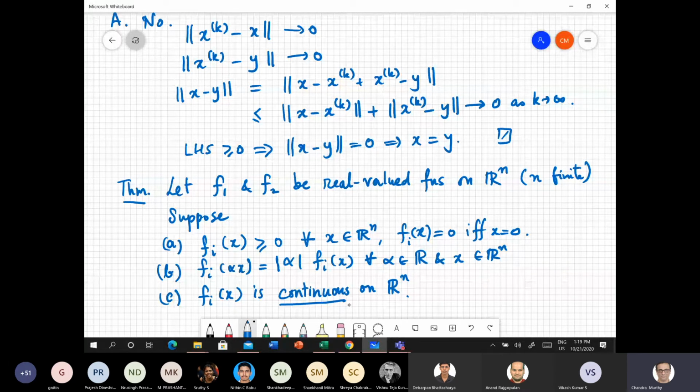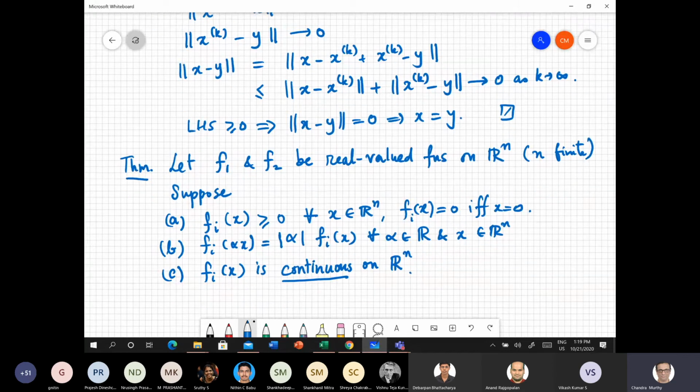I will just leave it like this. I think all of you have some idea of what it means for a function to be continuous. I won't go into the definition of continuity here. In fact, this continuity is really used only when we use another famous theorem from real analysis called Weierstrass theorem, which is used in the proof. But other than that, let's not get into the notion of continuity right now. So we'll take this on faith that we know what it means for a function to be continuous. So when this is true, then